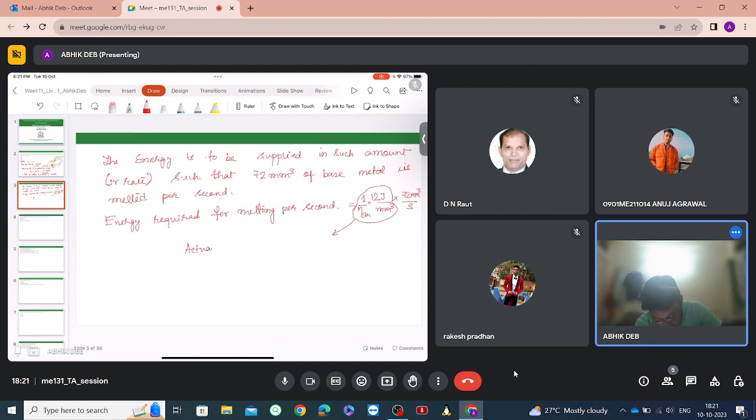Else we can find this one as the actual energy required for melting 1 millimeter cube, which is 12 joule divided by this melting efficiency. That is why we multiply this with the amount of material to be melted per second to give the energy required per second to be supplied. So this value comes out to be